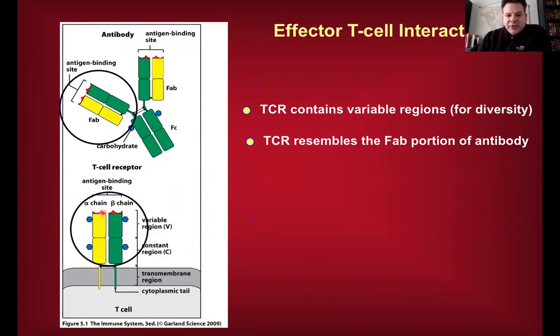This red area is the region that's variable. This is where it's going to bind the antigen. And if you look, it looks a lot like this Y-shaped antibody. The antibody here has two of these regions that look like the T cell receptor. Then it has a common chain. Paracrine means it's signaling from one cell to the other. Autocrine means it's cell signaling